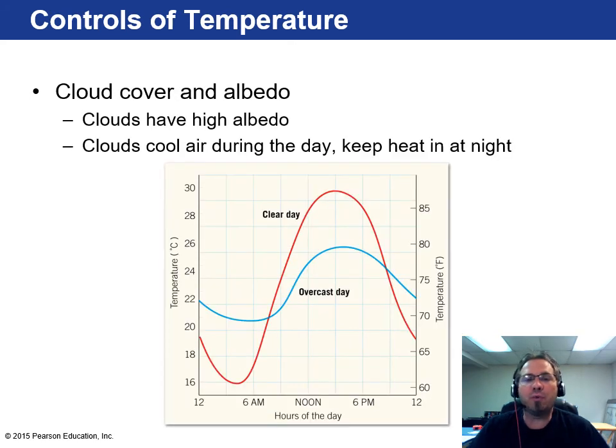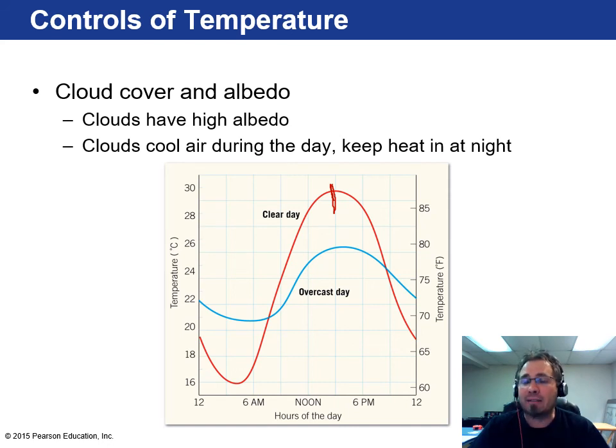This graph shows you the differences in how cloud cover and albedo play a role with each other. So on a clear day, the sun's able to get directly to the surface, and depending on the surface's color, like I mentioned earlier with asphalt or a dark roof, it's either going to be absorbed or it's going to be reflected. Now, if you have a clear day, the time of day also plays a role because the highest amount of albedo is going to be at the hottest part of the day, which is around 3 o'clock in the afternoon. So that's where you're going to get your highest amount of reflected energy.